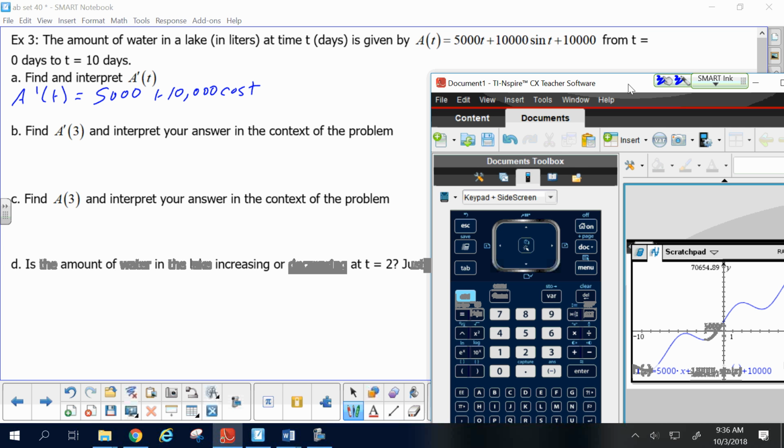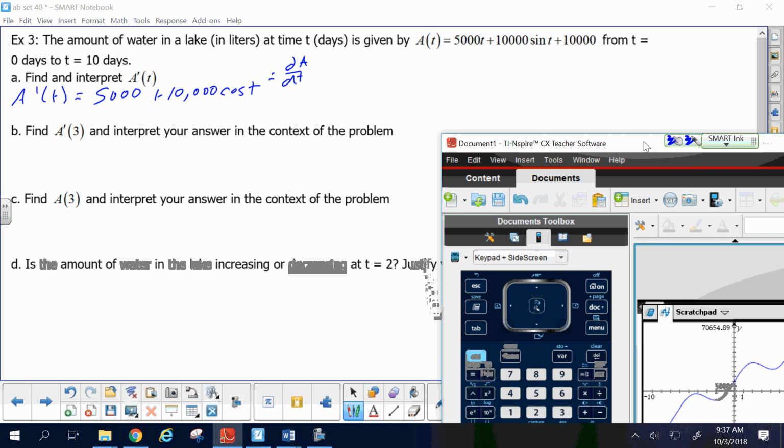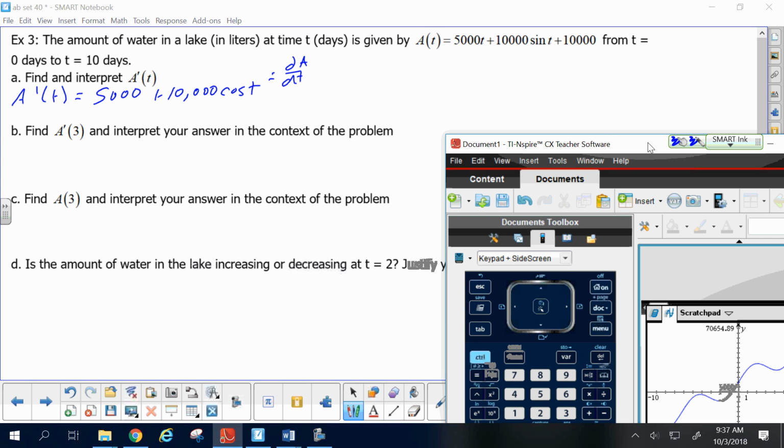Okay, cool. So there's the derivative. Now, let's talk about how, besides A prime, I could also think of it as dA/dt: change in A with change in t, the change in the amount of water with time. This is where you're not going to be talking velocity anymore. The derivative of position is velocity, but there's no position or velocity component to this. So it should be worded more like